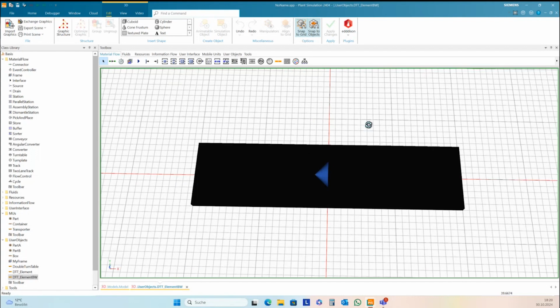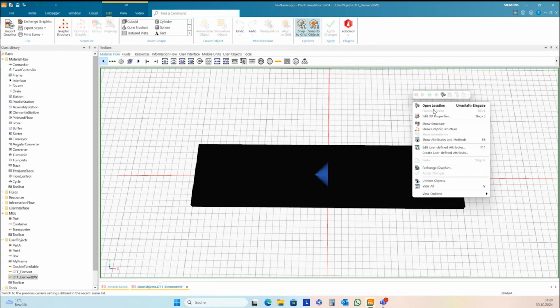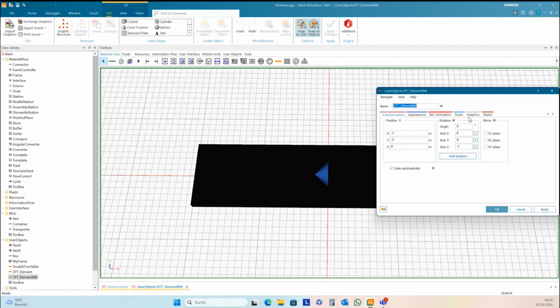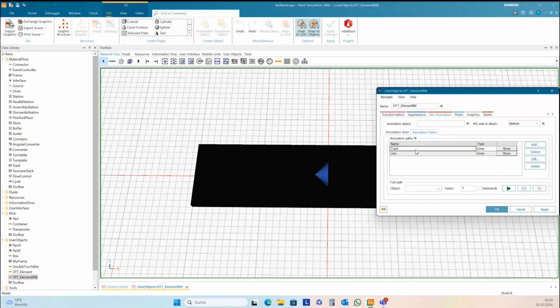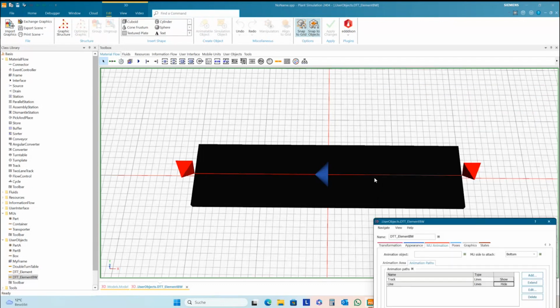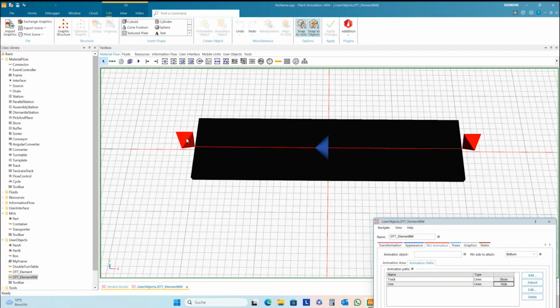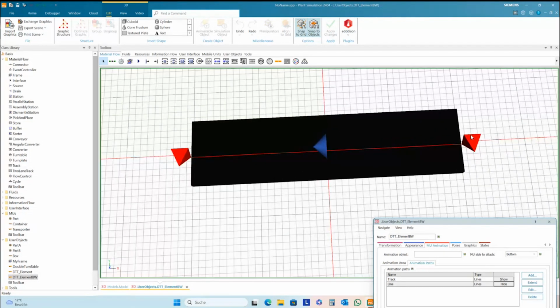So this only flips the graphic, and we need to change the MU animation. Animation line, show. This is still animation anchor point 1, and this is still anchor point 2. And so this is the wrong direction, and I need to change the position of these two anchor points so that I have the right direction of the animation on this lane.